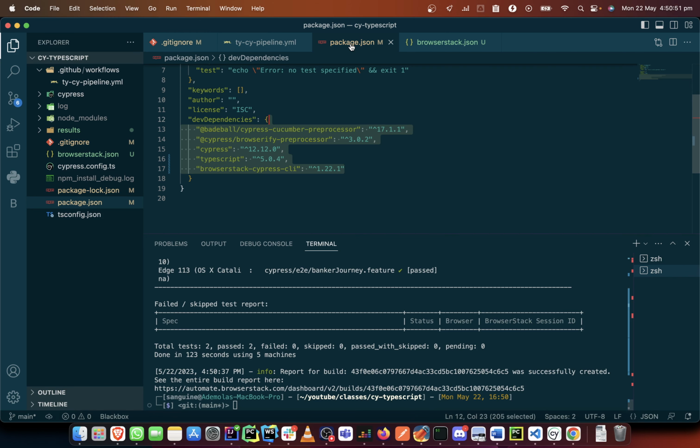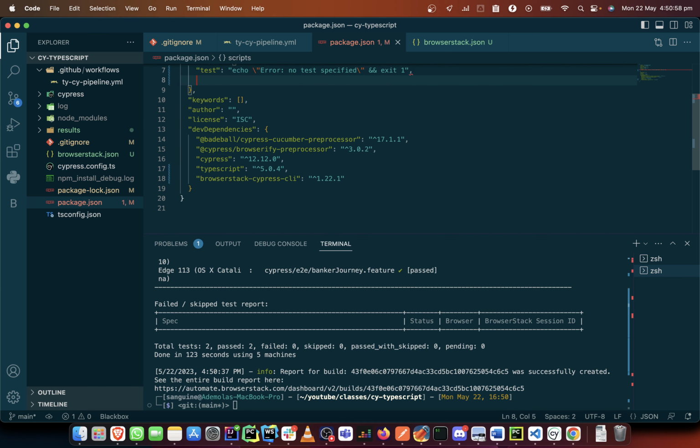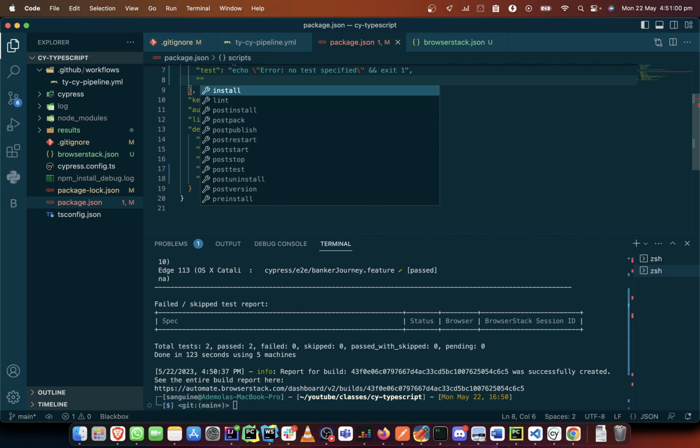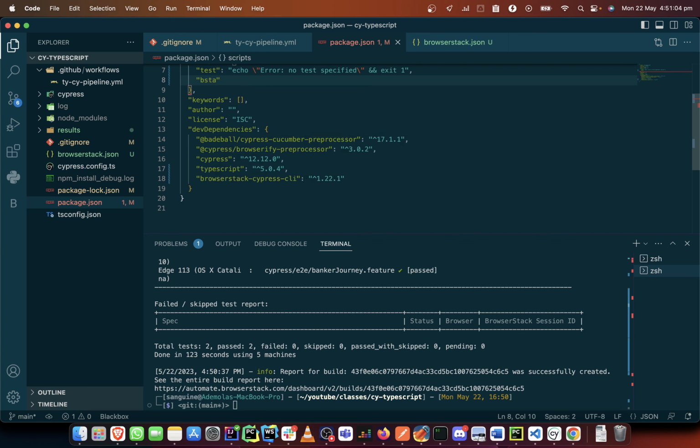So the first step that we need to do is let's create a script command. A script command will allow you to customize the way your script will run in the pipeline. So let's call our script command maybe Browserstack, right? Let's just call it bstack, and we put the command that we used to run it just now,